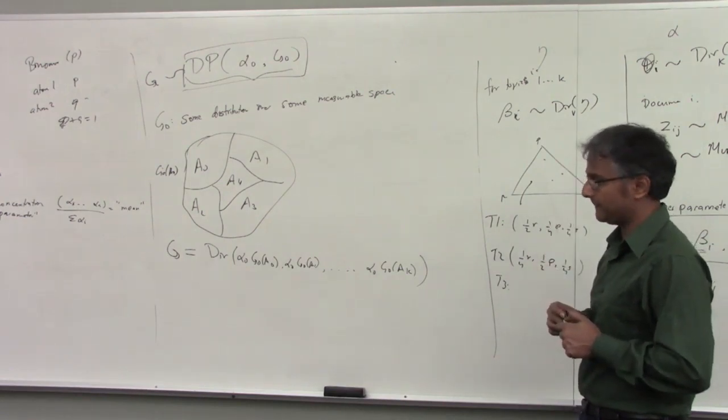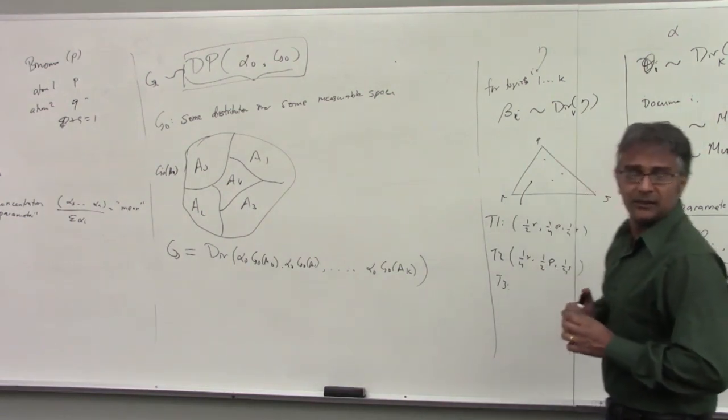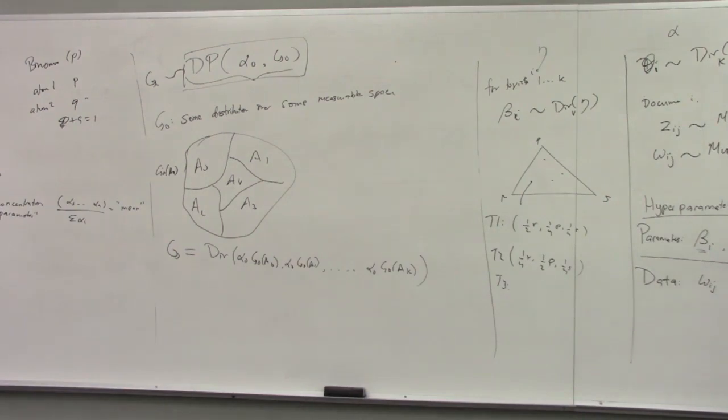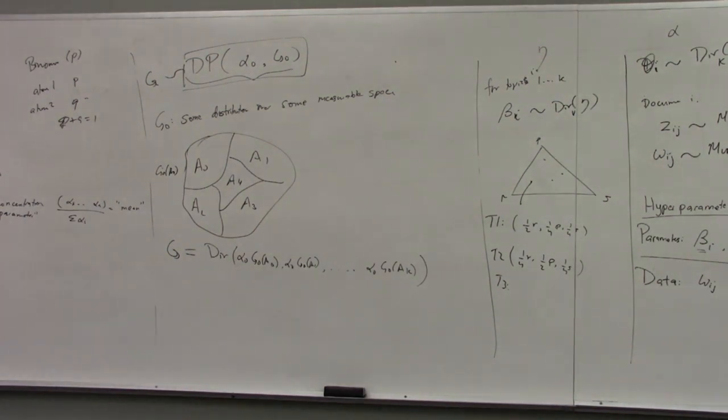Okay. So are these partitions distributions or part of the measurable space? They're subsets of the measurable space. Don't think about them as distributions. They're just subsets. There's some measurable space, and there's some distribution on the measurable space. So they are just the partitions. Yeah.